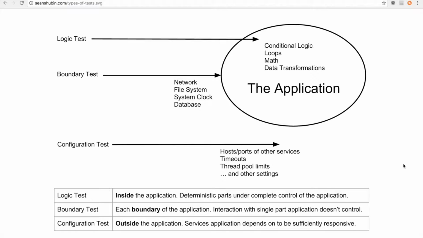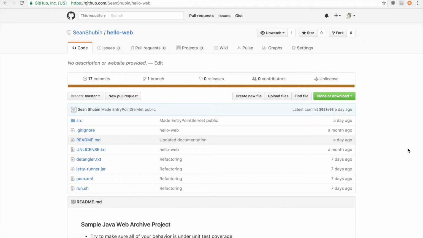Test driving the design of your code with unit tests is a great way to ensure you put your application behavior in places that favor maintainable code. I find easy to test and easy to maintain are so closely related that I sometimes use the terms interchangeably. You should strive to have the vast majority of your code under unit test coverage, only resorting to the more heavyweight types of tests when there is a potential for something to break and there is no other way to test it. To illustrate how to favor unit tests over more heavyweight types of testing, I've created a sample Java